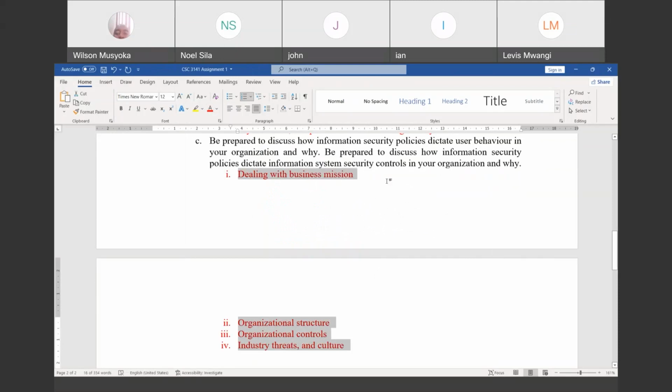Then what is the organizational structure? Who reports to who? Who does what? What are the controls which have been put in place? And then what are the threats you are dealing with within your industry? And how is the culture within that industry? So that is how you would